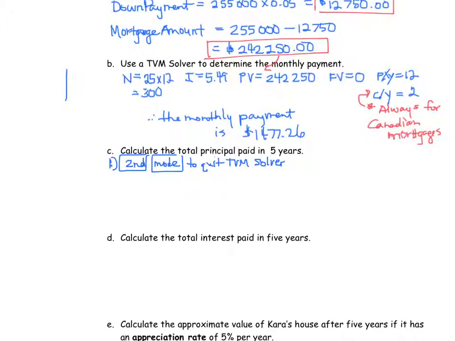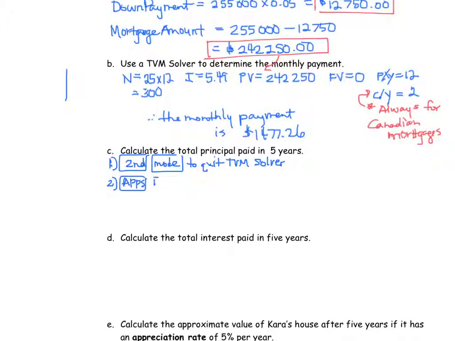Okay, so that'll get you out of there. However, make sure you leave your values entered within the TVM solver because the calculator will actually access that information that you've entered. So you need to leave the information in that you had entered in Part B. But you quit the application, okay, and then press Apps